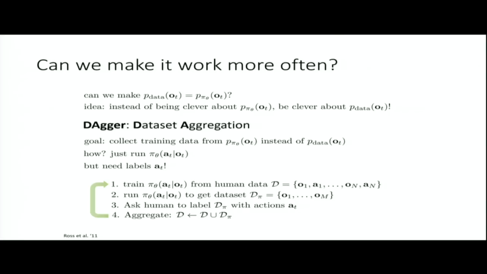All right. Yes? What actions does it take while it's generating the data set? So when it's generating the data set, it's running the policy. So that means that the actions need to be actually sampled from pi. And this is very important because you need to actually observe the observations that you would see if you were running the policy. So you need to actually run the policy for that.